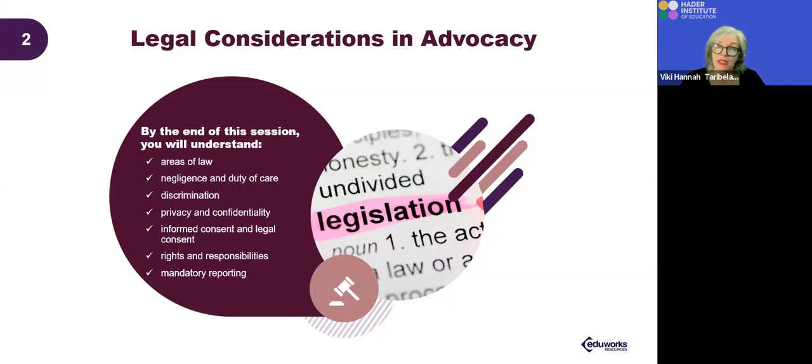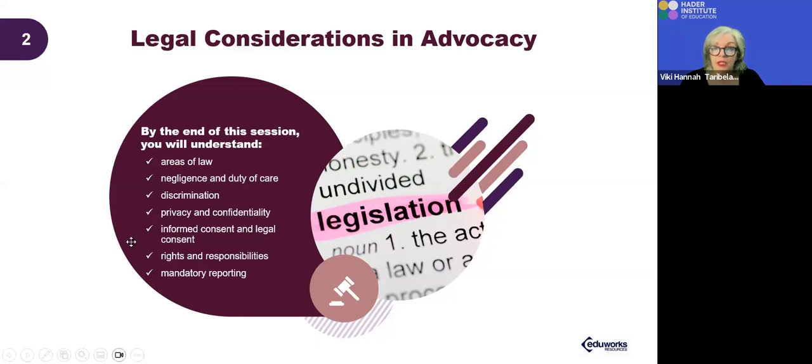But around advocacy, this unit is unpacking what areas of law you're protected under, the legislation, and having an understanding of that on behalf of your clients as well. So we need to have a look at all of the legislations that impact your client in your state or territory. You don't have to know these off by heart, but you do need to know who to refer your clients to or to get that information on behalf of your client, and also where to go and have a look to get that information as well.